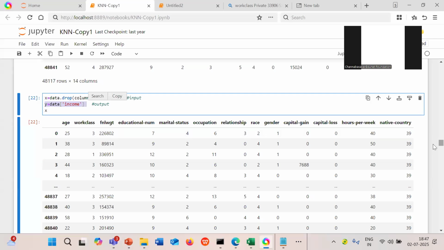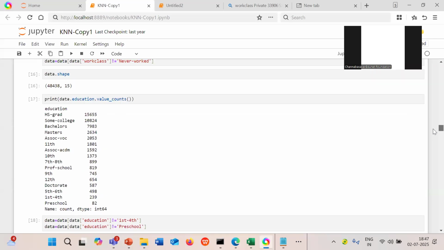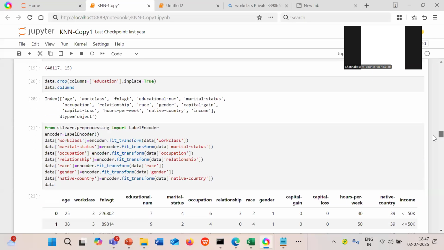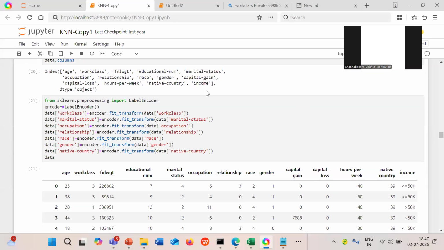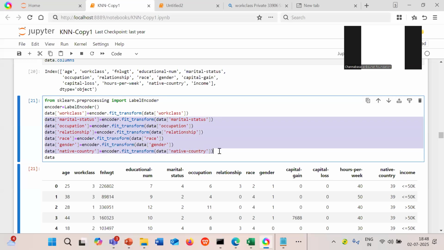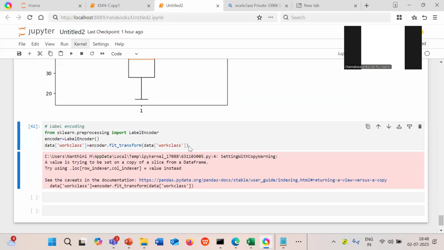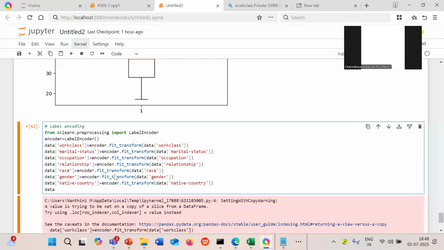Are you all clear up to this? Any queries? Yes. Okay. Now let me get back to this so that you can also visualize it. So we have completed the work class and the remaining also.